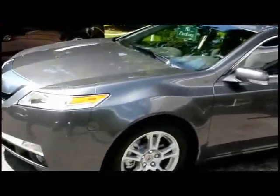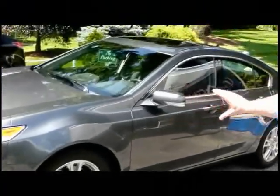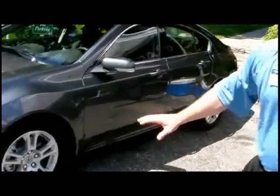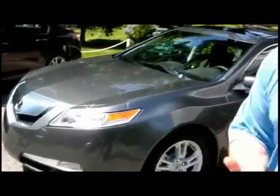Illustrate on the car what that is. As you see, the side body, the flowing character lines, the very sensual surfaces to all the sheet metal. You get an emotional, sensual quality there. You see the sharp lower character line, and then the sharper angular linear graphics on the front and rear of the car, which we'll show you in a moment. We have more of that high-tech, precision cut quality. The fusion of those together in the overall design creates this keen edge dynamic for a very overall emotional and